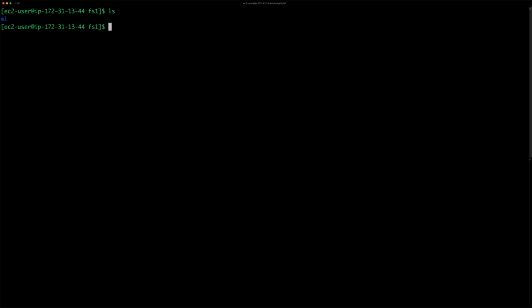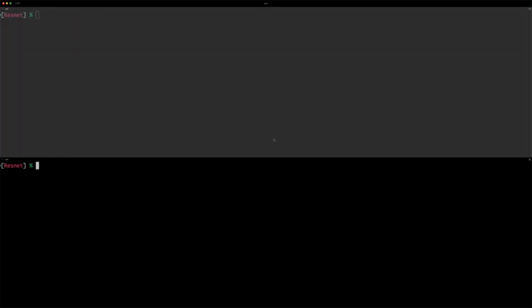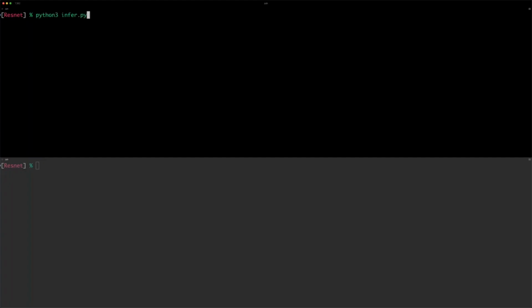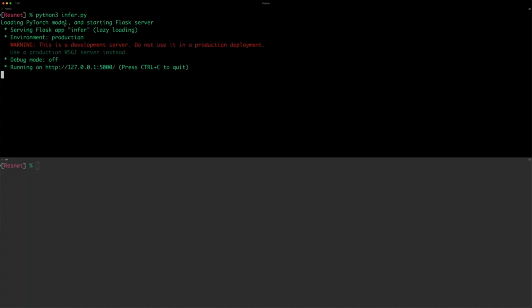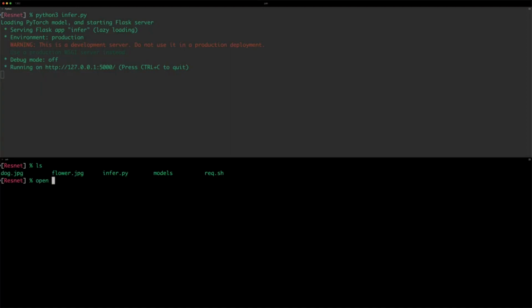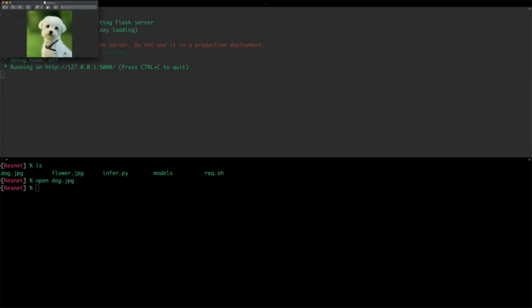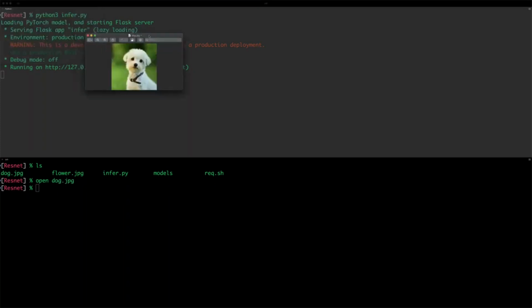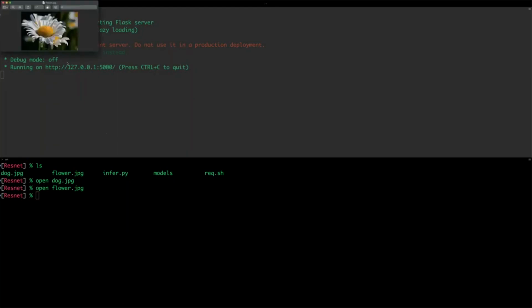So what kind of a model are we going to copy, and how do we basically port an existing model? Well, I want to show you a quick demo. I have a simple Python program written using PyTorch and Flask. This is currently running on my localhost, and what it basically does is, let me show you a couple of images. I'm going to pass an image of a dog. That's a cute dog. I'm going to pass this image to the model, and it's going to detect the object. Similarly, I have a flower.jpg, which is going to show us a sunflower or a daisy, so one of those flowers.